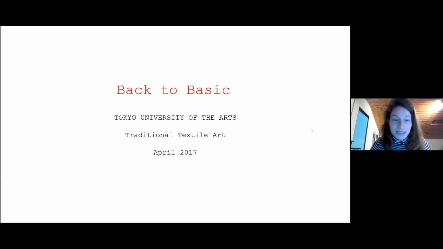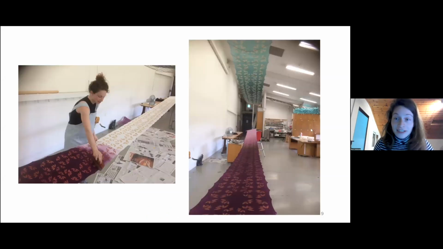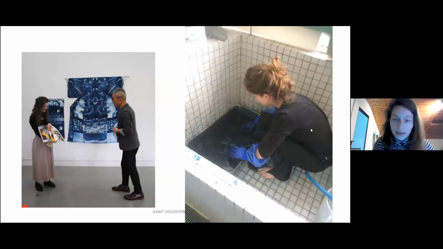In my bachelor's degree, I was really fortunate to go to Tokyo University of the Arts to study traditional textile design. And it has really affected how I'm thinking in the digital space. So that's why I'm presenting that. These types of fabrics were produced with rice paste, and it's called katazome, and it's a really, really long process of how you make fabric, but you really work with your hands, and you dye. This is a kimono that I made with the shibori technique, which is also a textile dyeing technique.